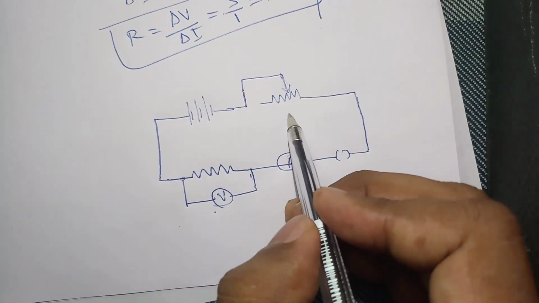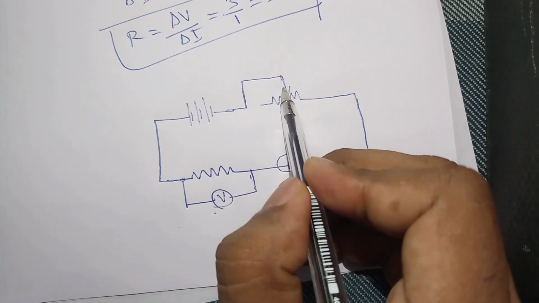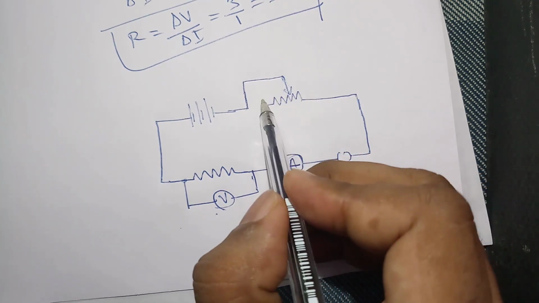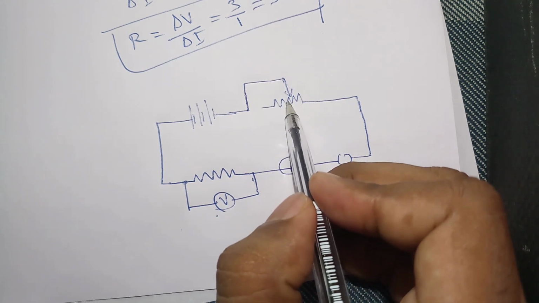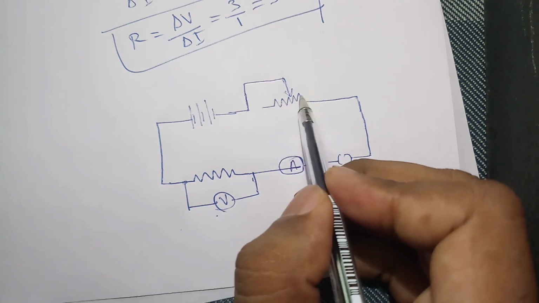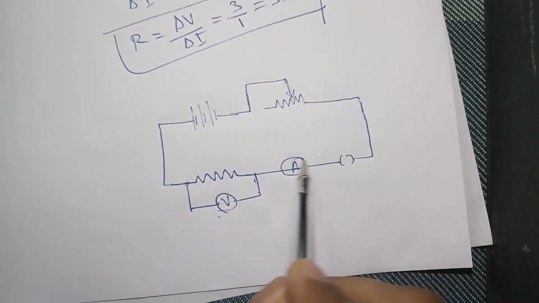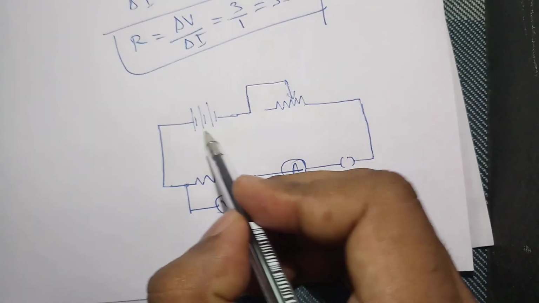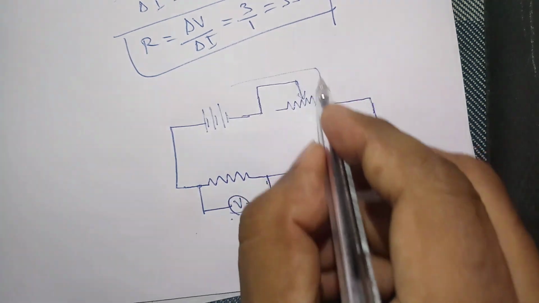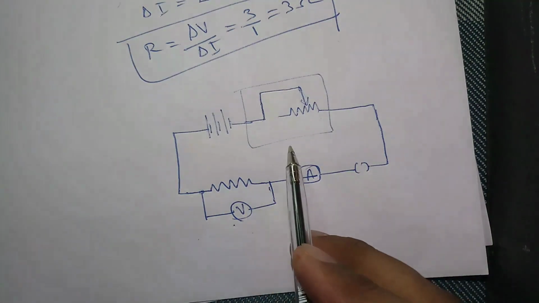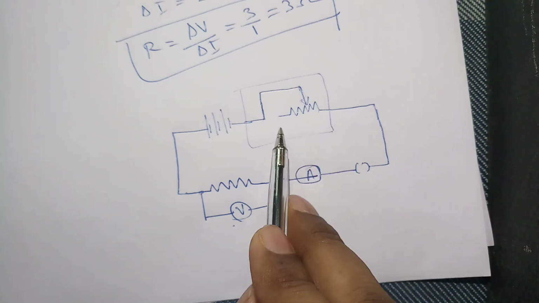Now what is the meaning of this one? For example, this total is having a resistance of 50 ohm. So this one is a thing which we can slide or move over this one. So when you connect here, out of this 50 ohm only 25 ohm is coming when you keep it in half. When you move like this, resistance will change. When this resistance changes, the current through this entire circuit will change. So instead of removing and connecting here, if you just move, you will get different values. So this is the function of the rheostat. So the rheostat allows you to change the resistance according to what you need.